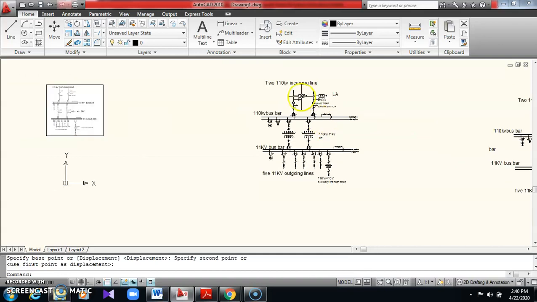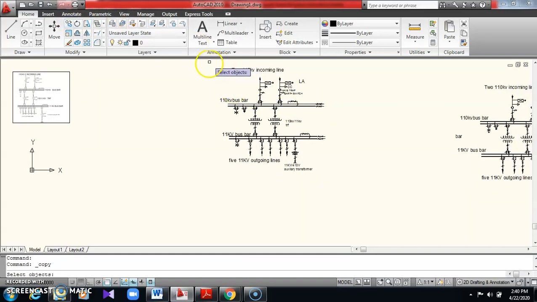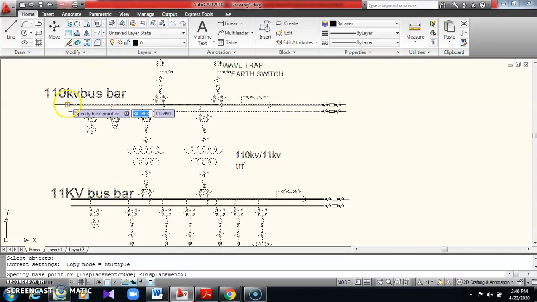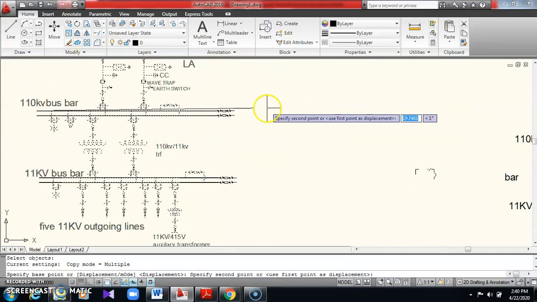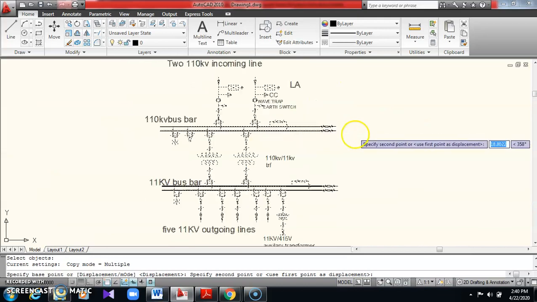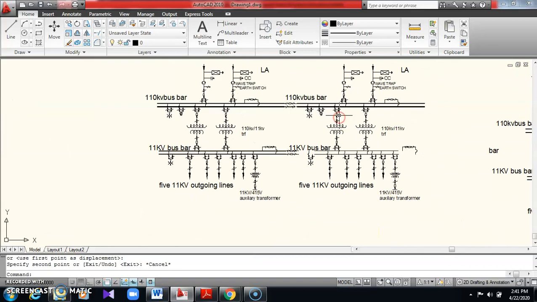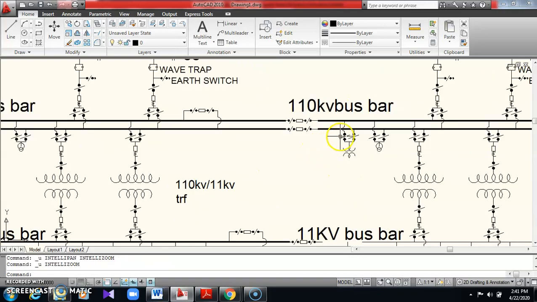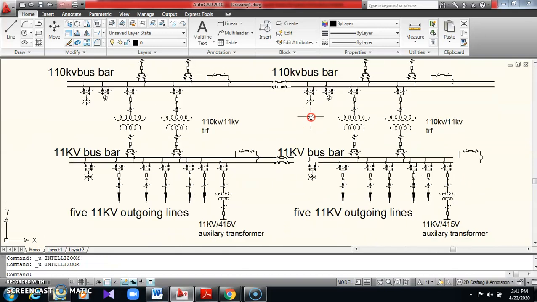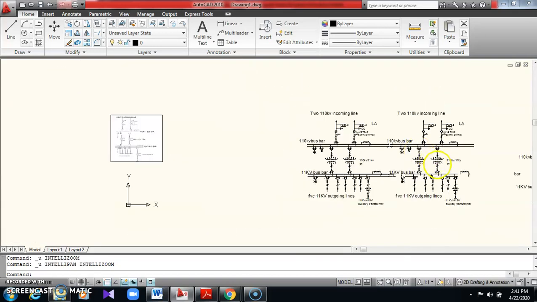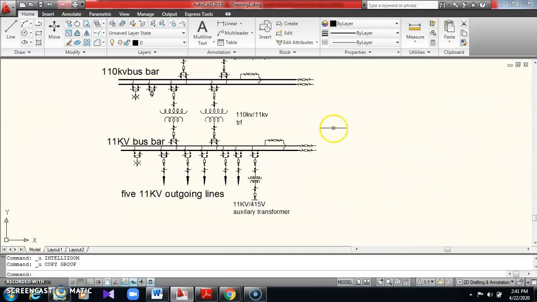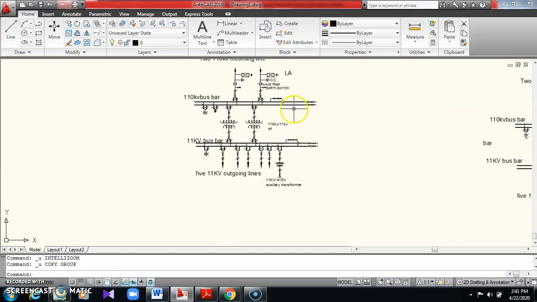So once again I'll copy this systematically. We check it, because it should not go inside. Take this point. And which point have I taken? This point. And exactly I paste over here. Okay, once again I'll go back. See, while pasting you have to be careful. While pasting any diagram you have to draw carefully. Just exactly copy paste it. Copy this and paste.